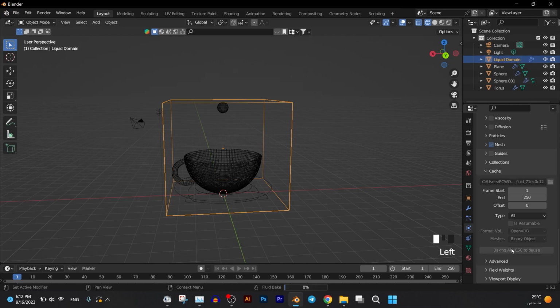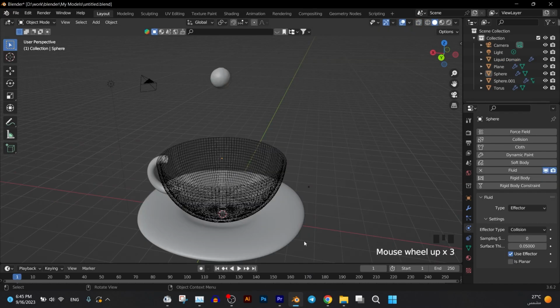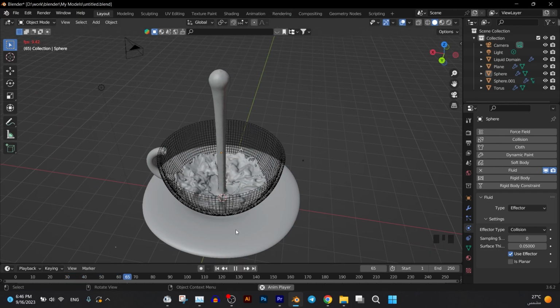After completing all the details, we will click on Bake All and wait until it is finished. This is the